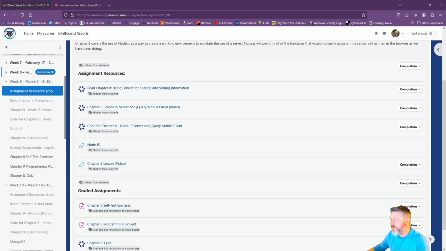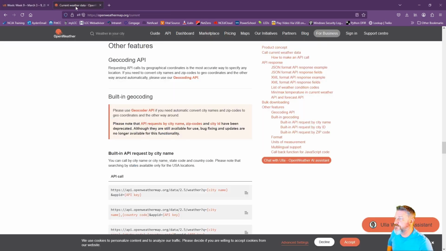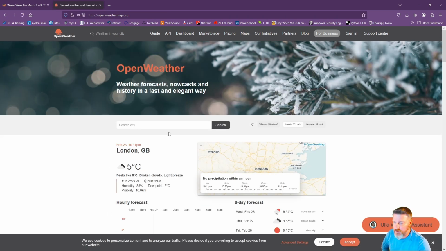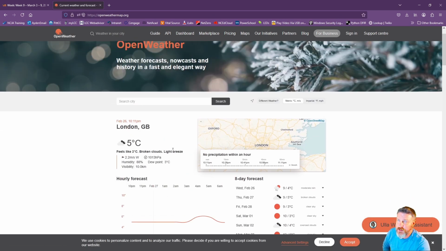The only other thing I need you to do for this project is to go to openweathermap.org. If we go to the home page, it'll look like this. You can use the key if you see it in the video and want to copy it from this demonstration, but what you should do